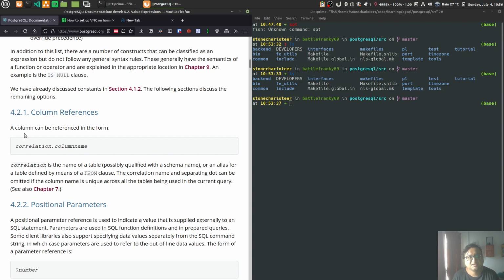Column references. A column can be referenced in the form correlation.columnname. Correlation is the name of the table, possibly qualified with a schema name, or an alias for the table defined by means of a FROM clause. The correlation name and separating dot can be omitted if the column name is unique across all tables being used in the current query. A positional parameter